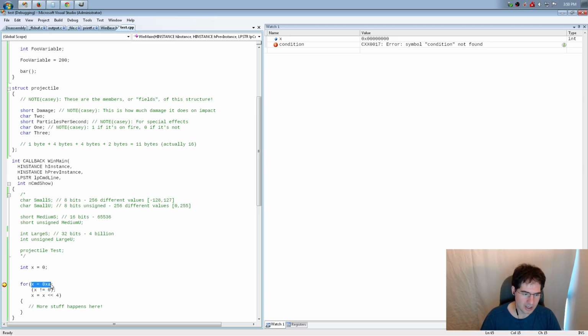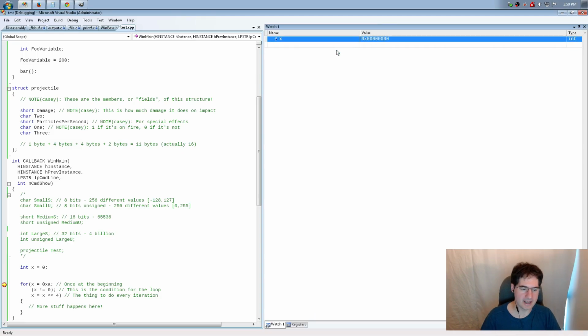It will actually do 3 different things separated by semicolons. This is the first one, and this happens once at the beginning. It has the conditional. This is the condition for the loop. So as long as this is true, it will keep going. And then it has the thing to do every iteration of the loop. So every time it repeats, it will do this thing here. So what happens is it goes and it does, oops, there's that conditional compilation. I don't know why it always wants to do it, but it always does. So I've got my x max equal to 0.